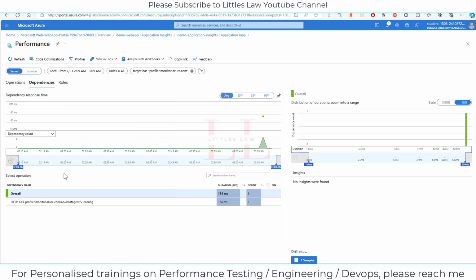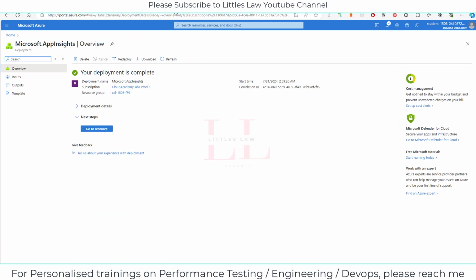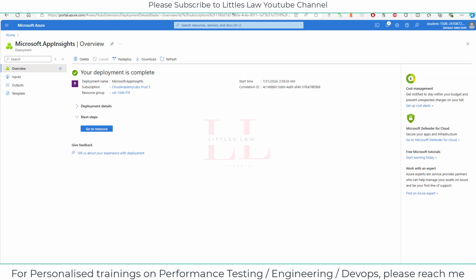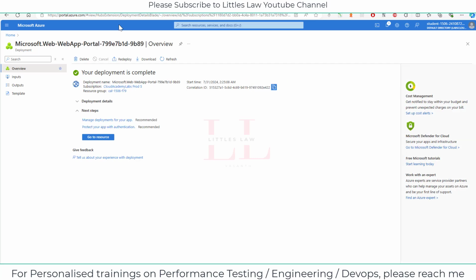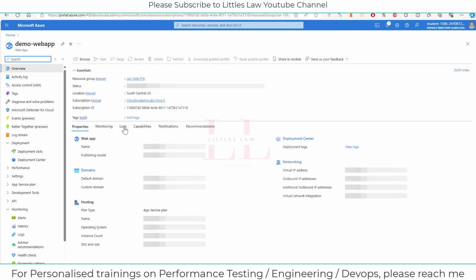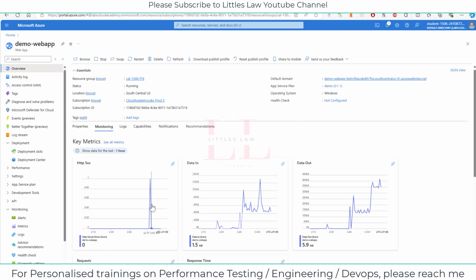So with that we come to an end, and I believe you might have understood how to create an app service plan, how to create a web app, how to create a slot, and how to create a staging environment. And then finally, we have entered into the monitoring part. So if you go to the overview screen of the web app, let me go back to home, and then the demo web app, the app service, the production web app here. If I go to monitoring,